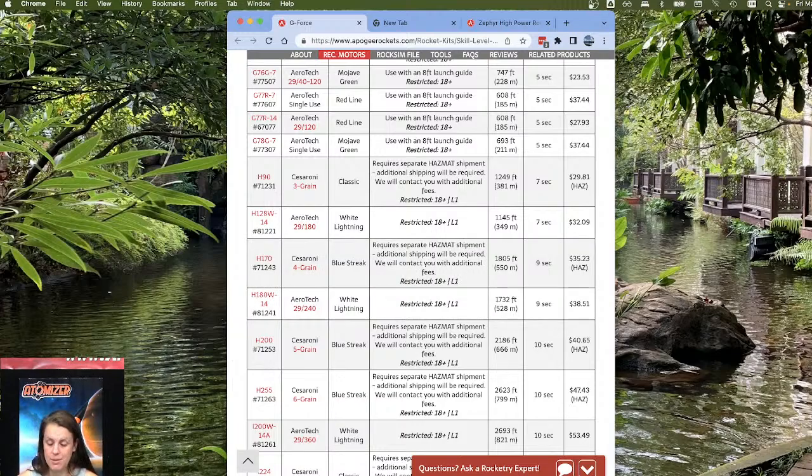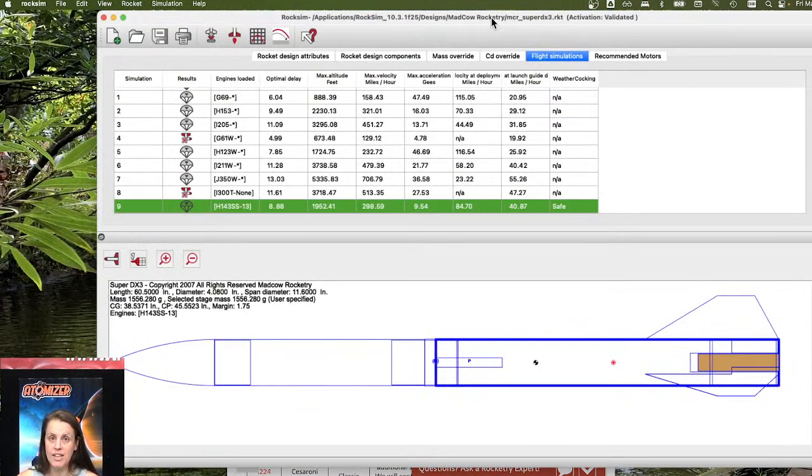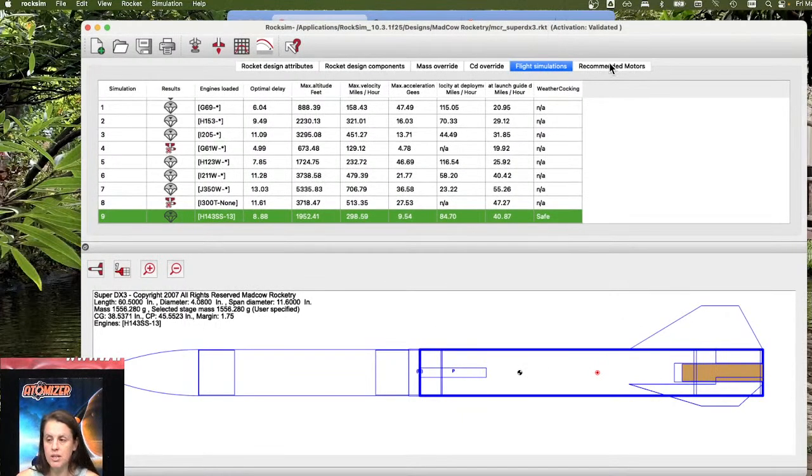And now in RockSim 10, we finally got this feature. Tim has wanted it for so long. You can actually run all the motors for a rocket that will fit the motor mount size and also be smaller. Say I just got this super cool DX3 kit, Super DX3, and I want to know what motor I should buy for it. You can run them all one at a time like we did, or